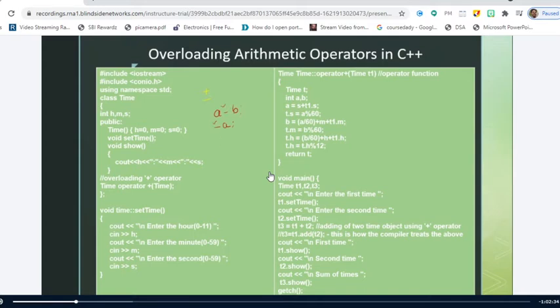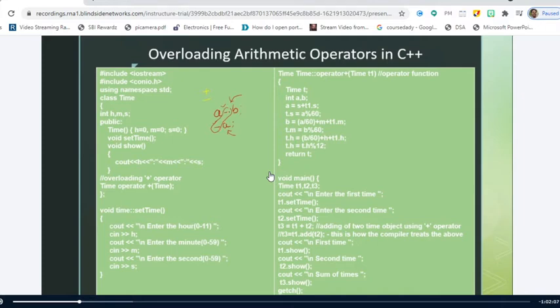So can you say that this minus is already overloaded or not? Yes, sir. In this particular statement, we have made the minus operator work on two operands, and in this scenario, we have made the minus operator work as a unary operator. Okay.